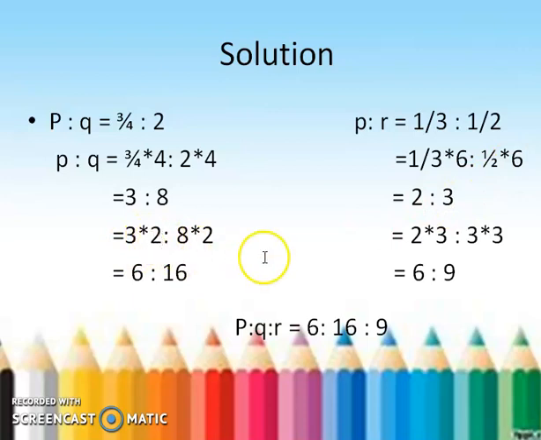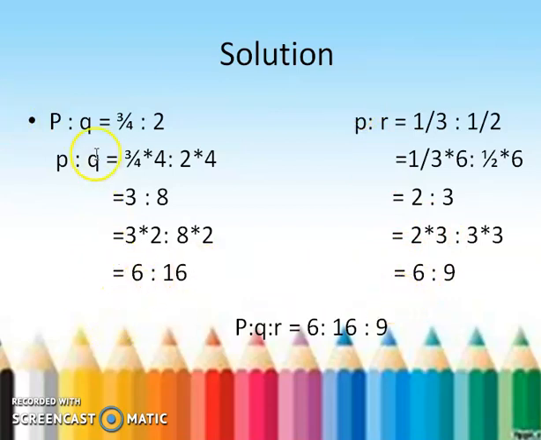Okay, again what I have to do here, why I have multiplied again with the numbers, because here it is P and here is P again. These two P must be same. To make these two P same, I have multiplied with the demanded number. Here it was 3 and here the P was 2. I have to make them same. So the number that can make them same here is 2. 2 multiplied by 3 has given 6, and here 3 multiplied by 2 gives us 6. So now both P are 6.